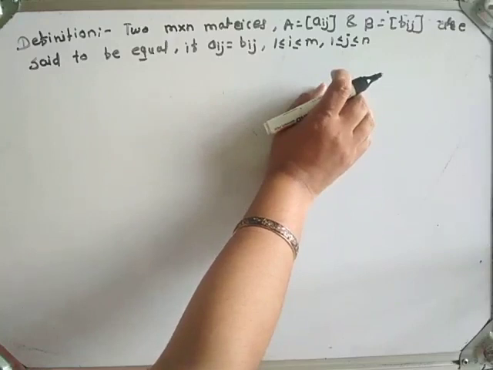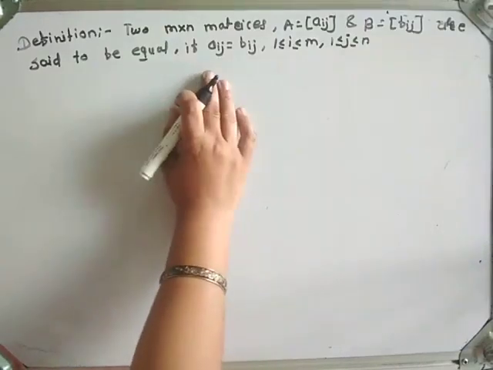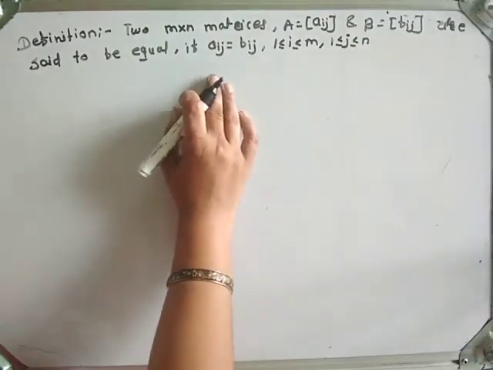Two matrices A and B are said to be equal if Aij is equal to Bij, that is,